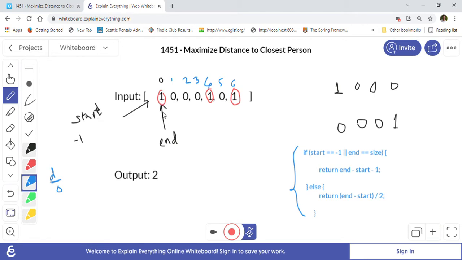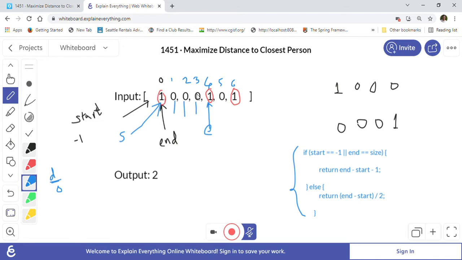Now we will keep moving the end pointer. End will go here, then here, then here, and then reach this position, and at this position someone is again sitting. If the seats are empty, we are not doing anything. Whenever we find someone sitting, we mark this position as the end position. So now end is here and start will move to the previous occupied position.